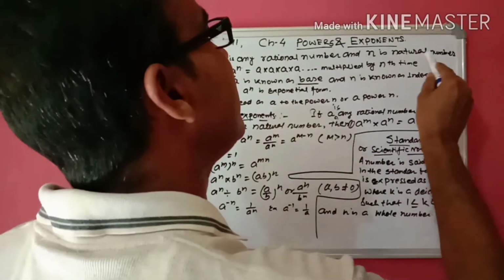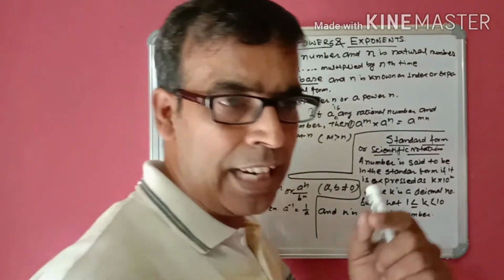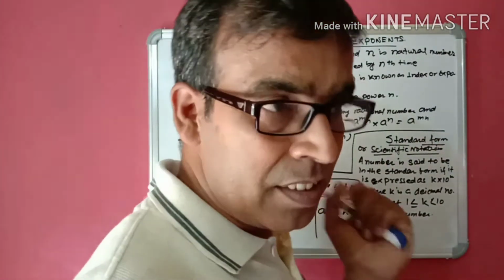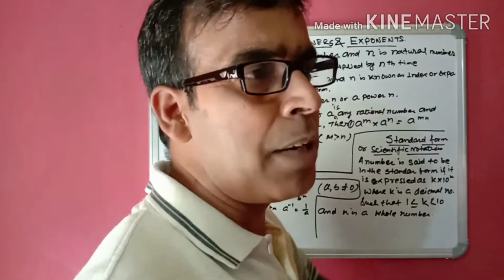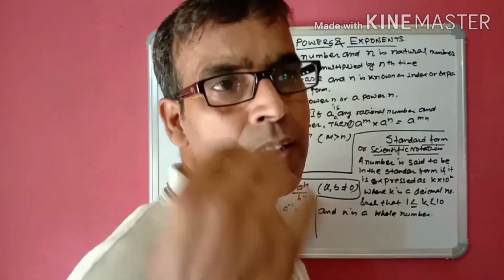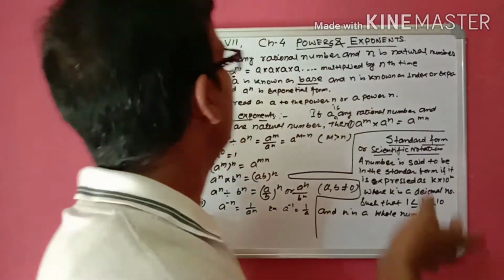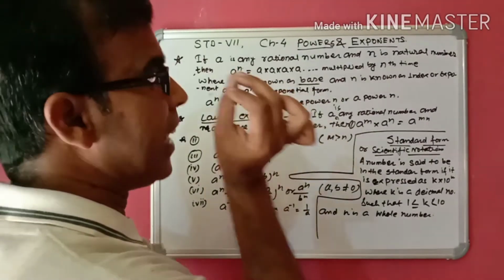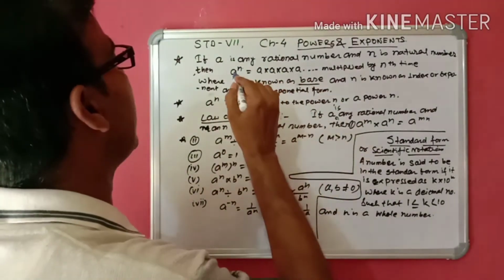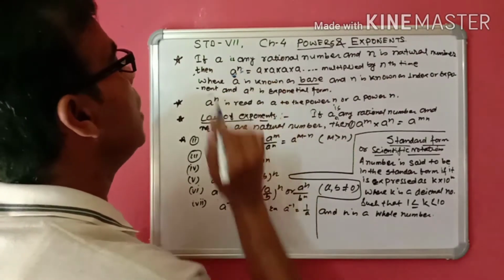See, if a is any rational number and n is a natural number, then a to the power n means what? Suppose a to the power 2 means a into a. Same way, a to the power n means a into a into a, and so on, multiplied n times. Here a is known as the base, and n is known as the power